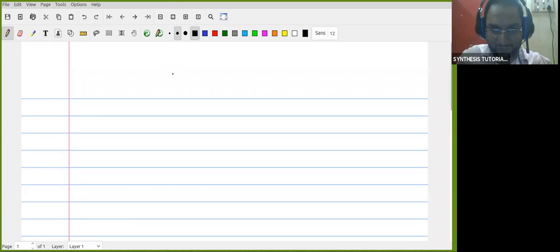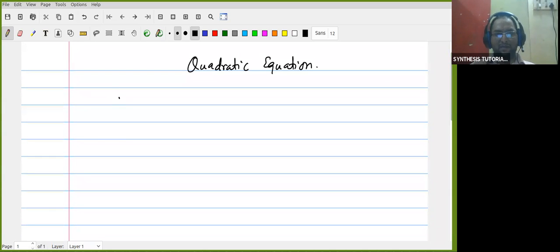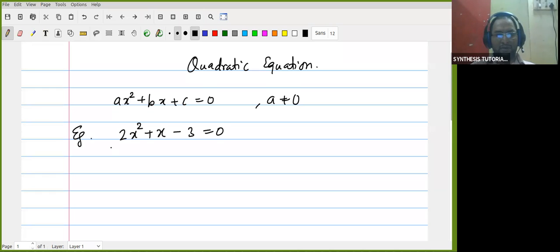So, welcome. Now we'll continue with finding solutions to the quadratic equation. Last time we saw whether a given equation is quadratic or not. We discussed that a quadratic equation is of the form ax square plus bx plus c equal to 0, where a cannot be 0. For example, let us take 2x square plus x minus 3 equal to 0, or something like